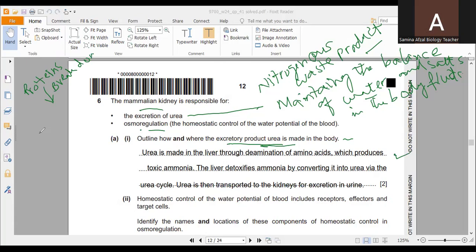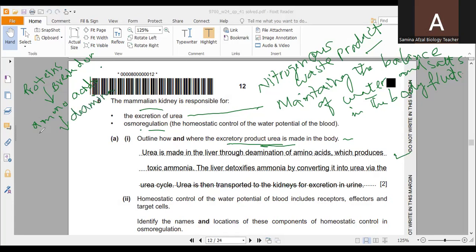When proteins are broken down, they change into amino acids, and in the liver these amino acids undergo a process called